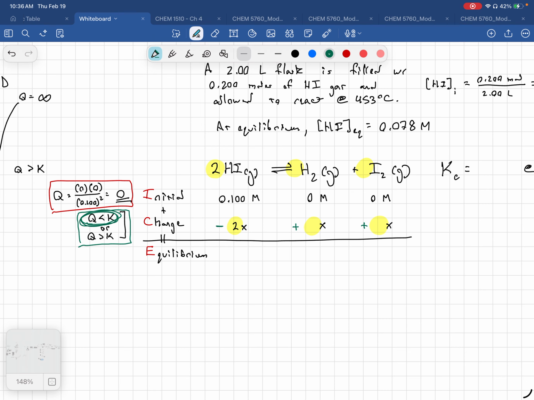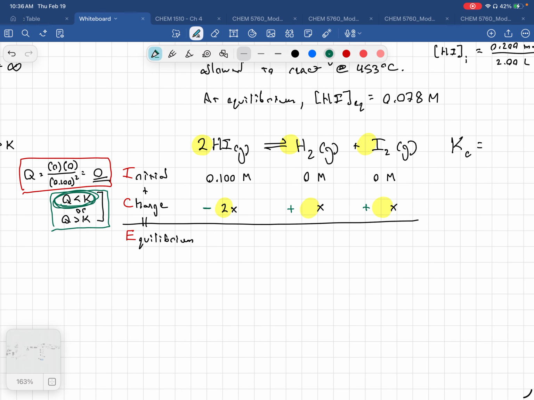Then we'd have a positive sign for any reactants because they need to go up in concentration, and a negative sign for the change in our products. But again, in this case, we have negative for the reactants and then plus and plus for the products. And again, remember the coefficients multiply by the x. So that means our equilibrium